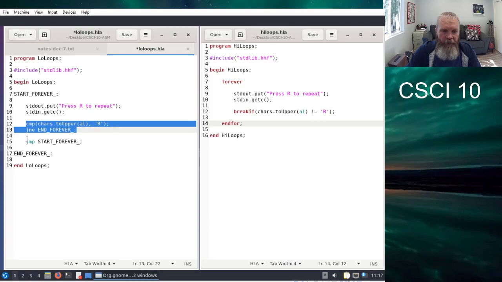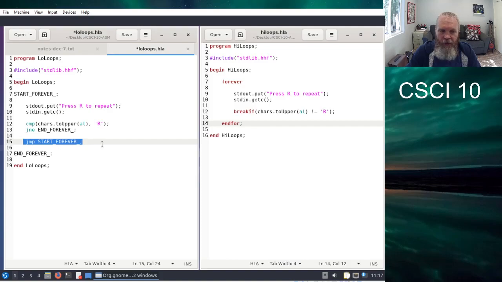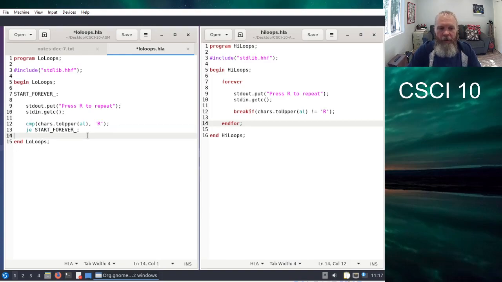So if they're not equal, I can jump to the end, and if I get to this unconditional jump, it means that this conditional jump didn't happen, and the loop will repeat. But it turns out that I can get rid of the middleman here and just say, if it is an R, I'll just jump to start, and in that case, I can actually get rid of the end label. Because if I don't do the jump on equal, then